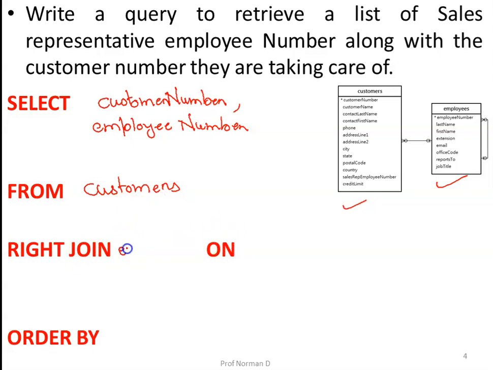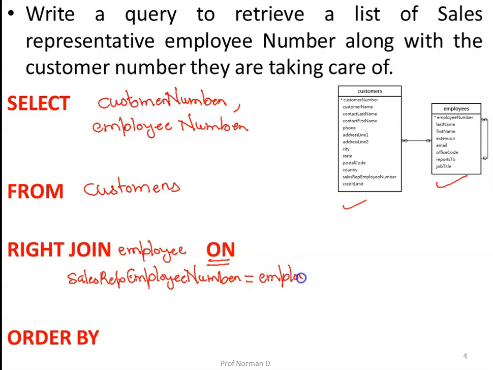So right join employees on. What is our join condition? Our join condition is the sales representative employee number from the customers table must be equal to the employee number from the employees table. So our join condition would be sales representative employee number equals employee number.